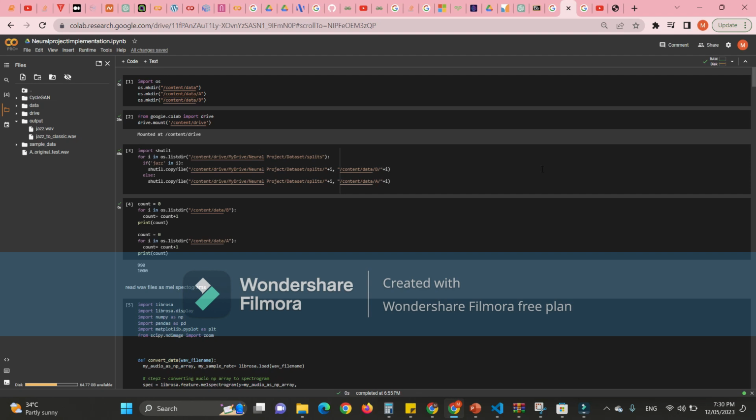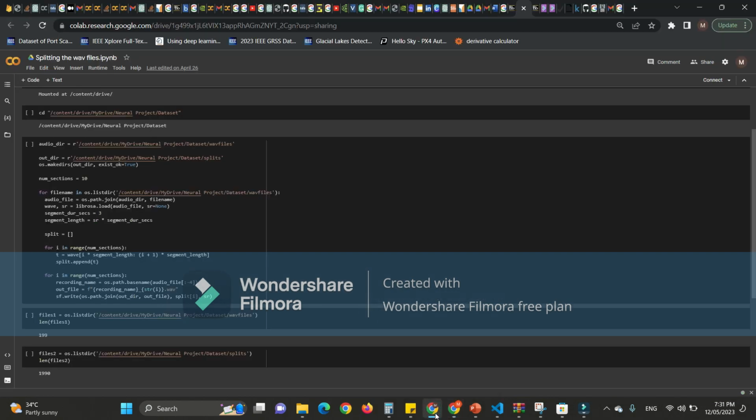To do so, we found a dataset of 230-second audio files. These audio files were obviously of jazz and classical music snippets. So in order to train our cycle GAN, we first needed to pre-process the data so it is in a format that we could train on. The first thing we did was cut down the audio files into 3-second chunks, which resulted in a dataset of around 2,000 audio files.